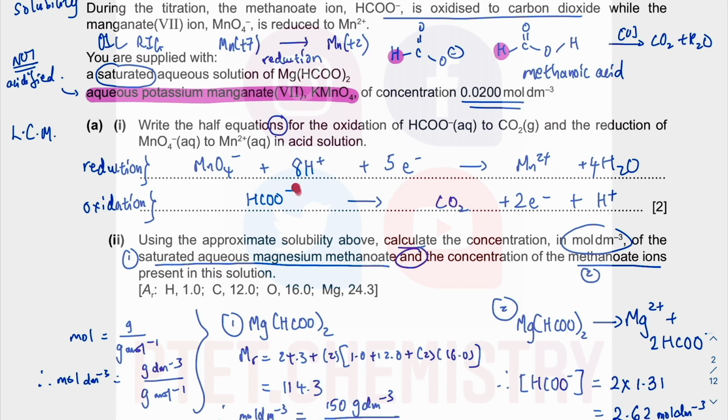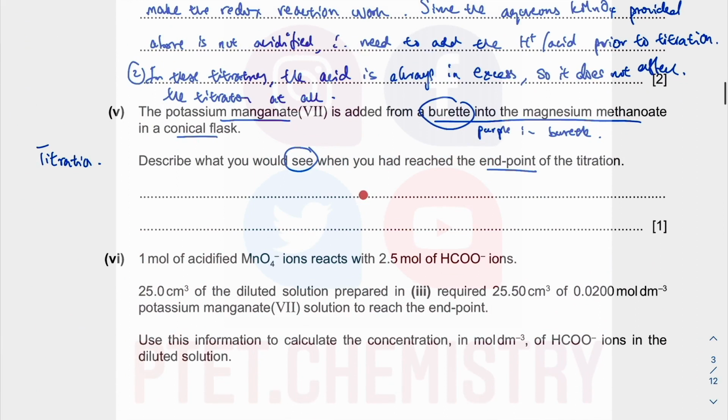When all of this is used up, then one drop of this will not go to this, it will stay as this, then it will be purple. That's why you need to think about what you would see if you are doing this. So it's from colorless